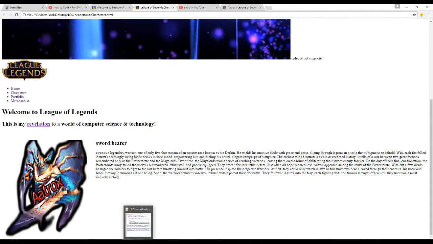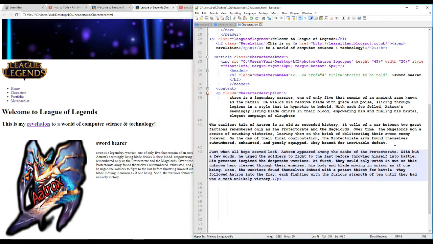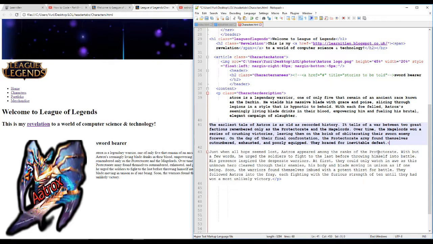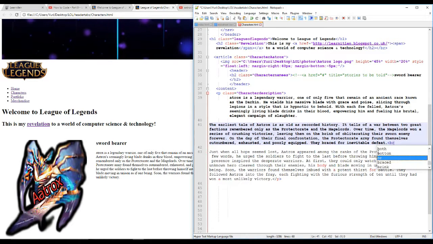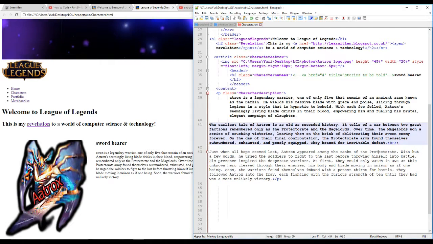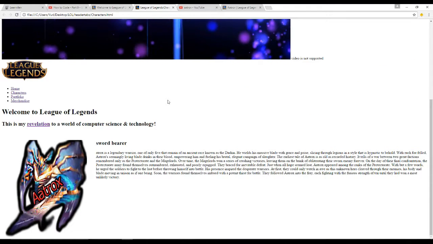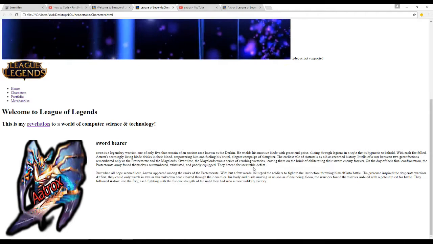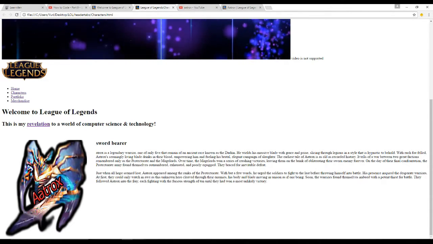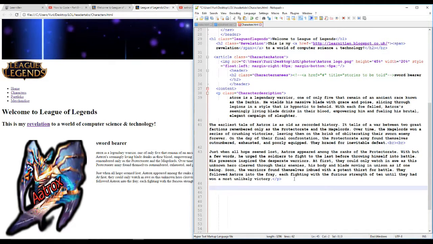Yeah, it's pretty neat. But what we want to do is we want to space it out a bit, don't we? So the best thing to do is we're going to do open brackets br, and then another open brackets br again, control and save, refresh, and as you can see, it's created that space within your website. That's pretty neat. So what I'm going to next do is I'm going to go spacebar, and we're going to type in,